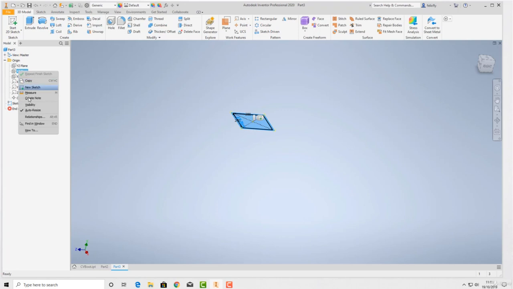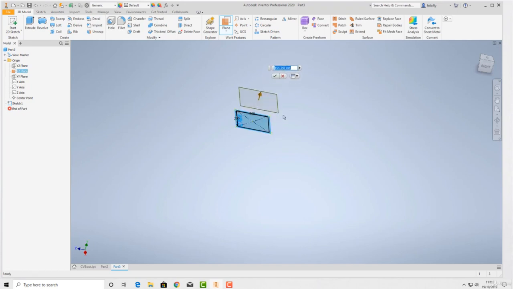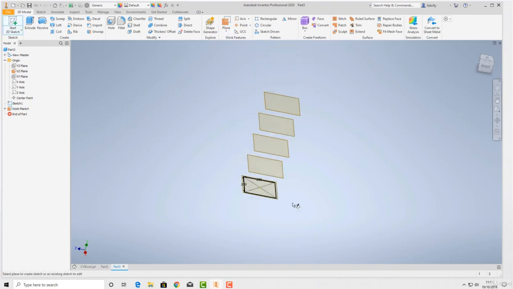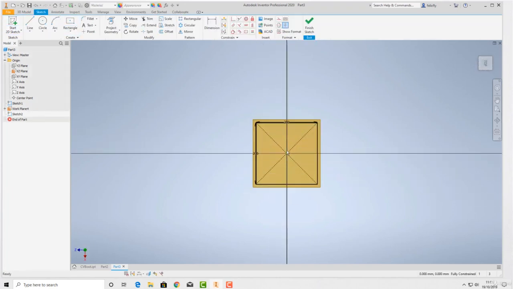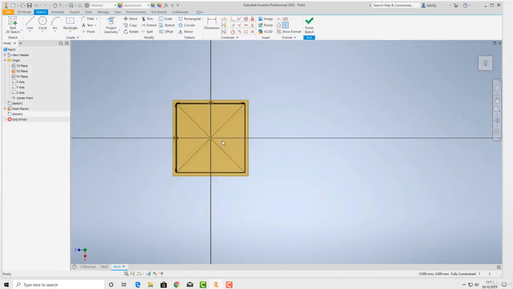We'll right click, turn our plane on, and we'll do as we did before. I'm going to go, let's go 150 this time, enter, 150, enter, 150, enter, 150, enter. Okay, now we'll do a 2D sketch here, and this time I'm going to select the rectangle again,